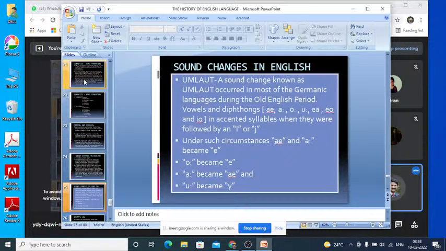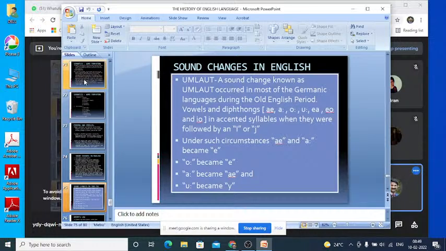So now we have to understand what is known as i-umlaut. This is a sound change, known as umlaut in general and i-umlaut in particular, which occurred in most of the Germanic languages of the Indo-European family, during the Old English